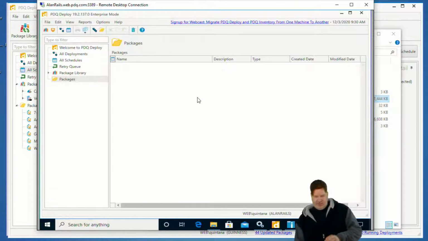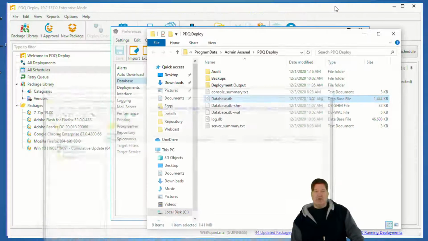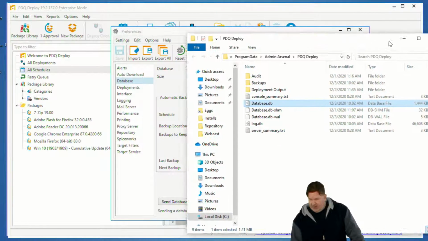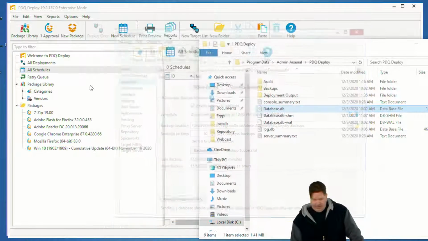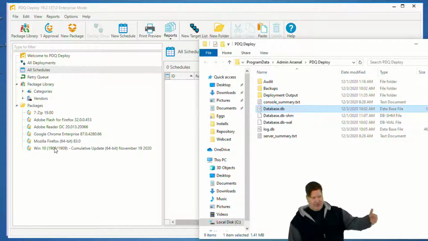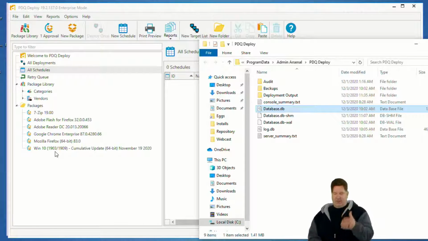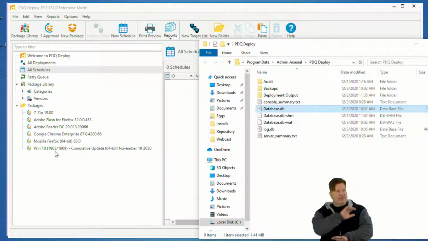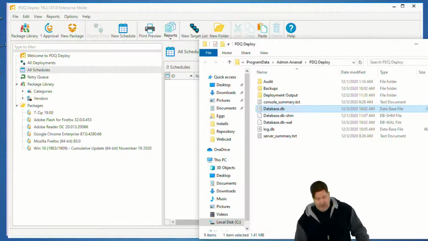So, this is a fresh install of PDQ Deploy on Allen Rails. Let me squeeze that back down. And of course, if I need to keep that open, I move this. You'll notice I've got 7-Zip, Adobe Flash, Chrome, so on and so forth in my repository and in my database on the one on Guinness. So we're going to be migrating from Guinness to Allen Rails. So to do that, obviously I'm going to